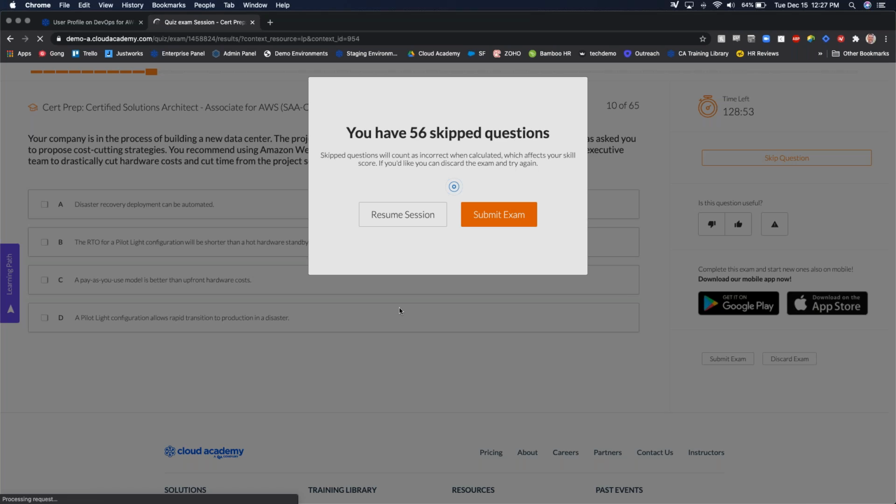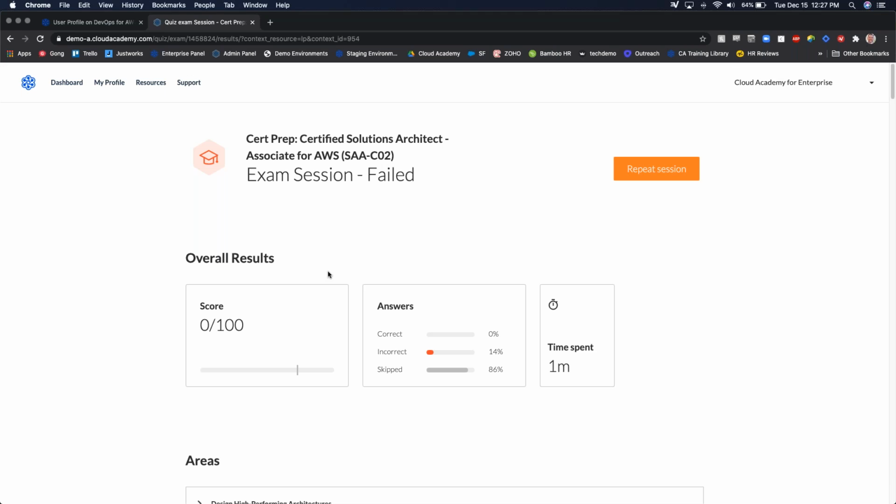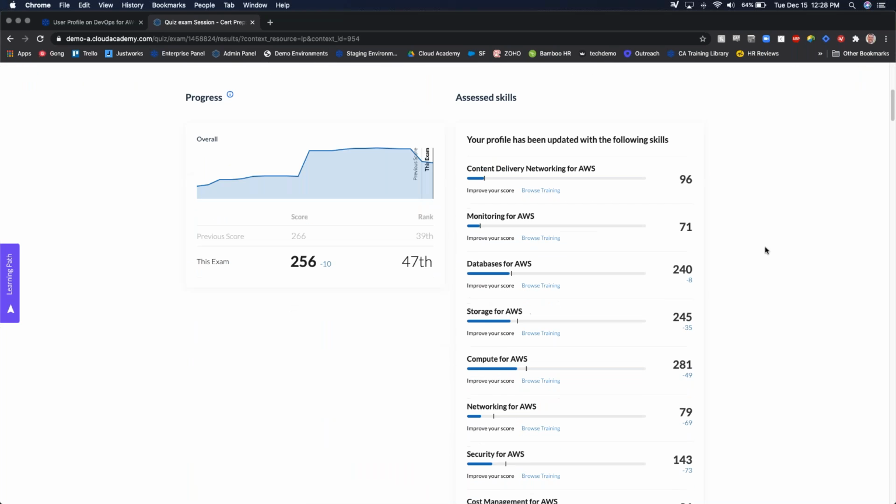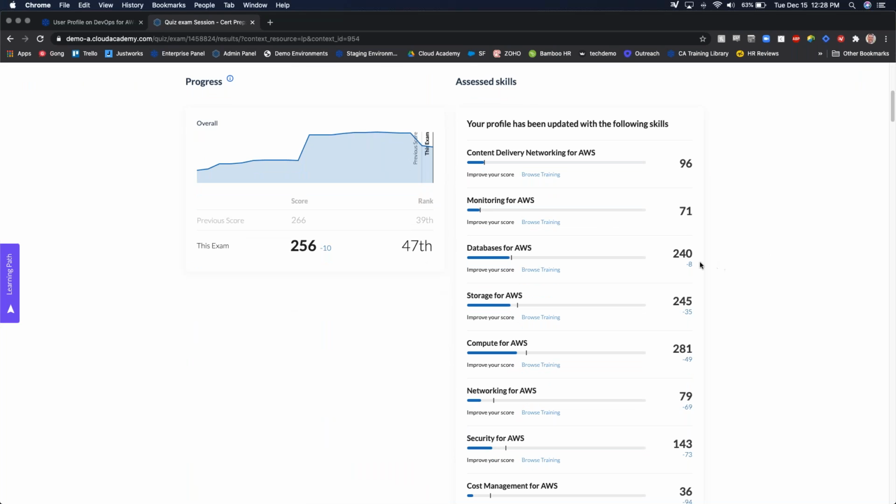But what I really want you to see here is the after exam report, which is very similar to what you'll see after a lab. So of course I bombed it, but we're not only interested in the score. If you scroll down, you'll be able to see which skills were assessed, how our own individual skill score changed, along with some calls to action here to either browse training or improve our score by jumping into a quiz. So now you're seeing how we're performing across all of these skills. These domains all roll up into our overall AWS skill score, which then assumes an overall skill profile based across all of the platforms and all of your learning.